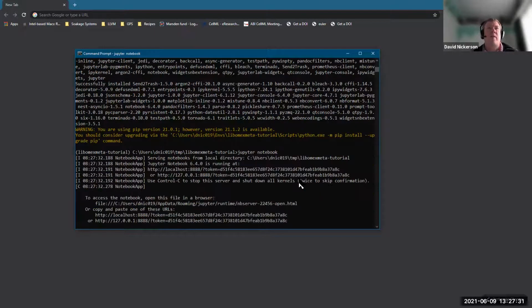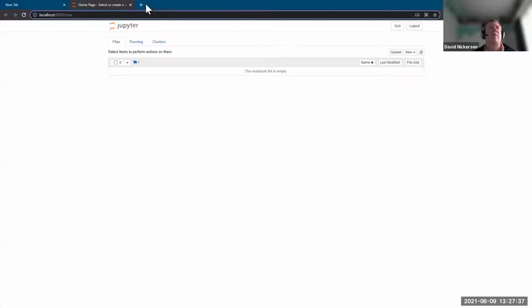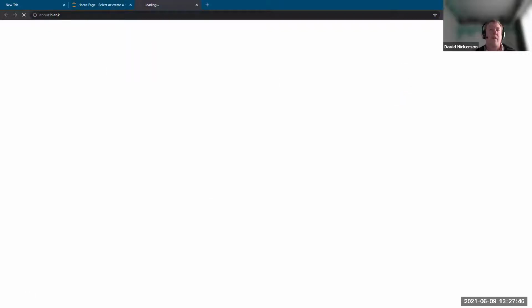So now I can fire up a Jupyter notebook locally, and it never opens where it's supposed to. Bring that up here. Okay, so now I have a Jupyter notebook running. Just create a new one. And if everything's worked,